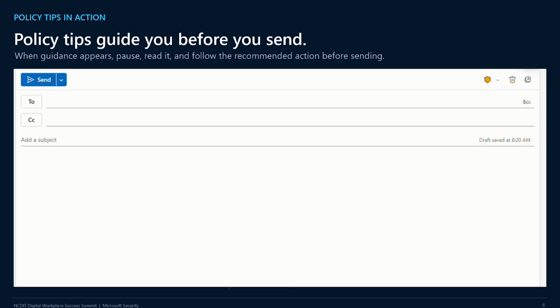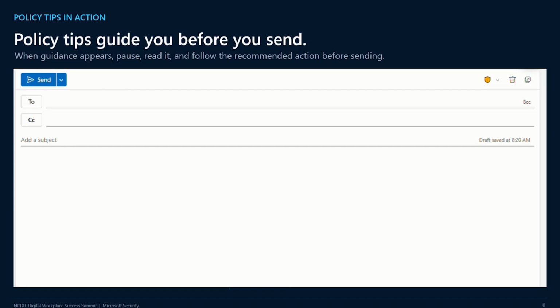In some cases, there are going to be additional controls, like we mentioned with the internal or the confidential labels. So here's a great example. We've labeled this data. We're going to send it to somebody out at Yahoo. And as this is typing, you'll see you're going to get this policy tip that says, hey, you're sharing this sensitive data with external recipients, and this may be violating policy.